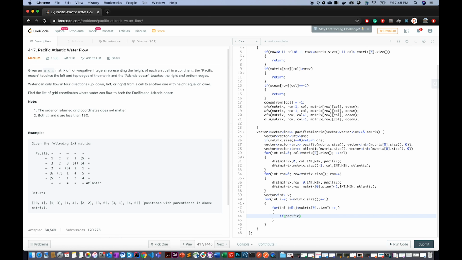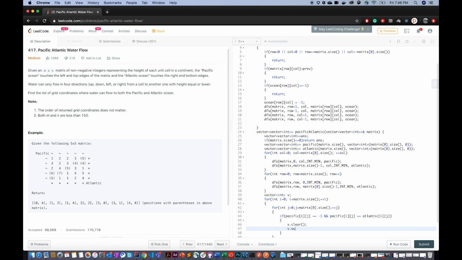Now what I'm going to do, if Pacific of i comma j is equal to -1, this means that this is set, and Pacific of i comma j is equal to Atlantic of i comma j. That means if one is -1 and the other is equal, both are set. So that means this is valid. So first I'm going to do v.clear(), because it might have been set from some previous iteration.